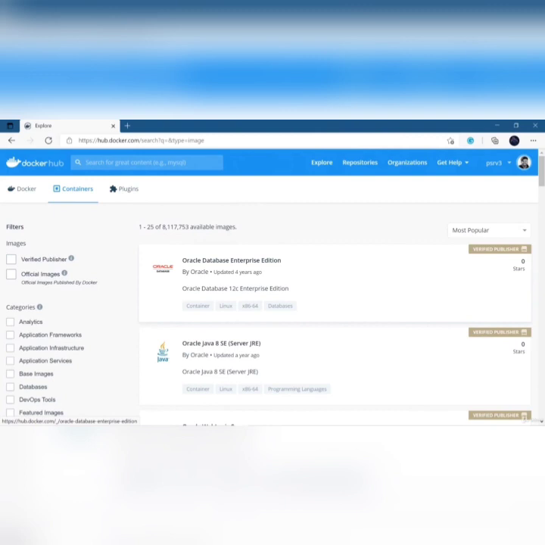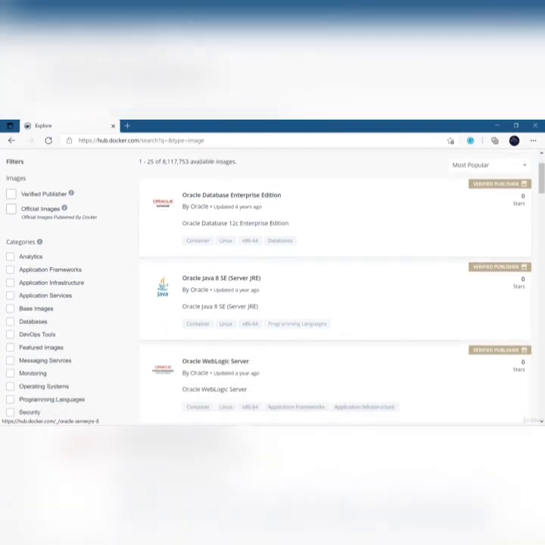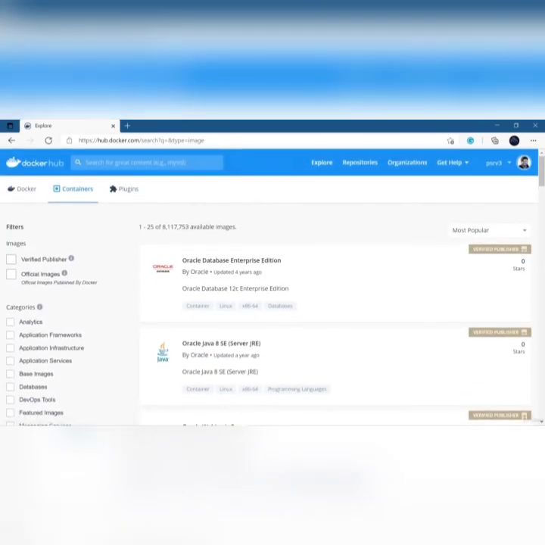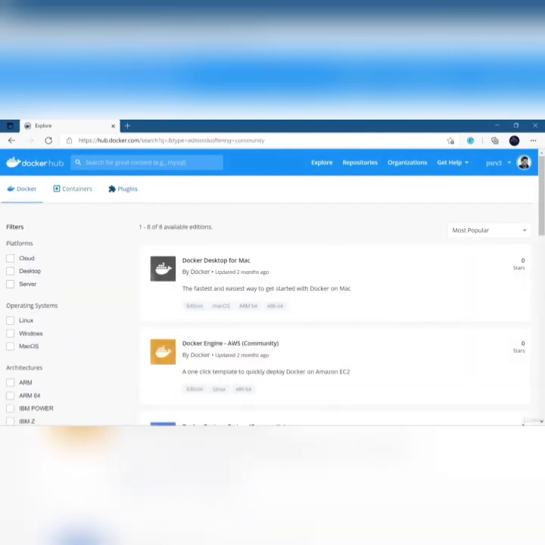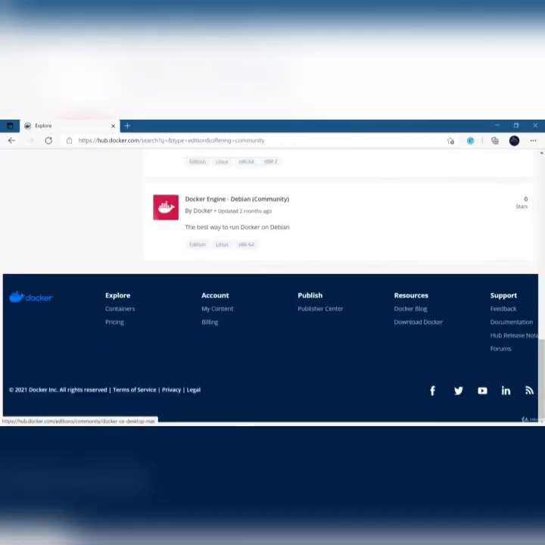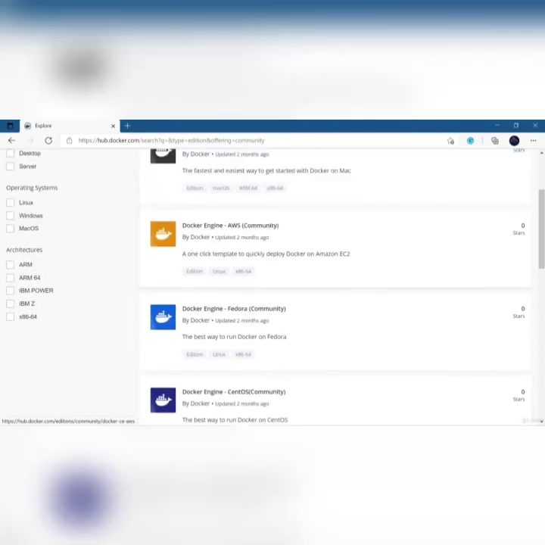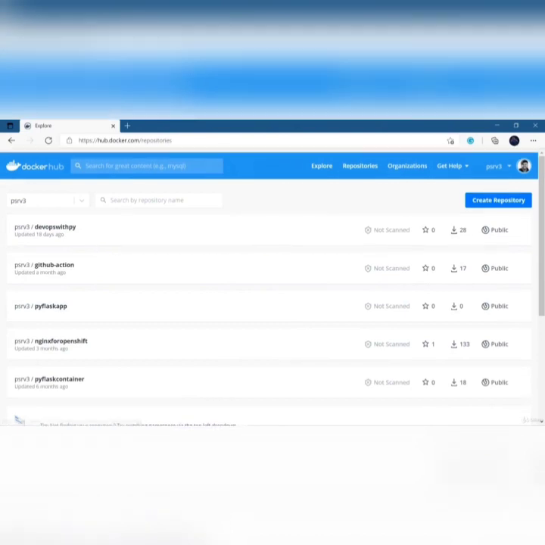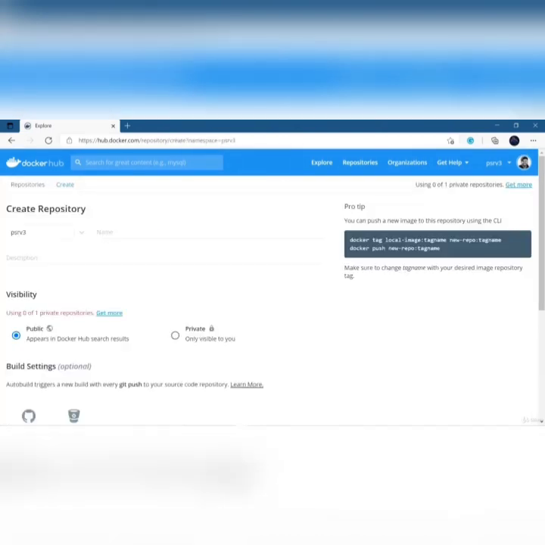Docker Hub is a cloud-based repository which stores different kinds of images, just like GitHub stores source code, and in this case we can download or publish our container images there, and you can have plugins as well. These are some Docker related repositories. Okay, and I'm going to create a new repository. Here I have already published some of them. Now to create a repository, you need to provide a name, and there are two options there. One is a public repository or a private repository.